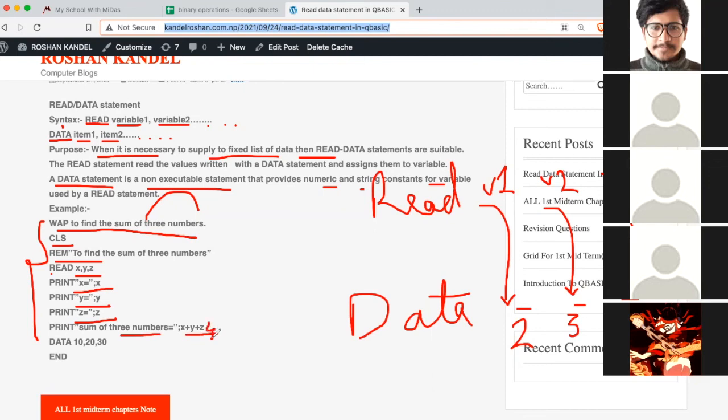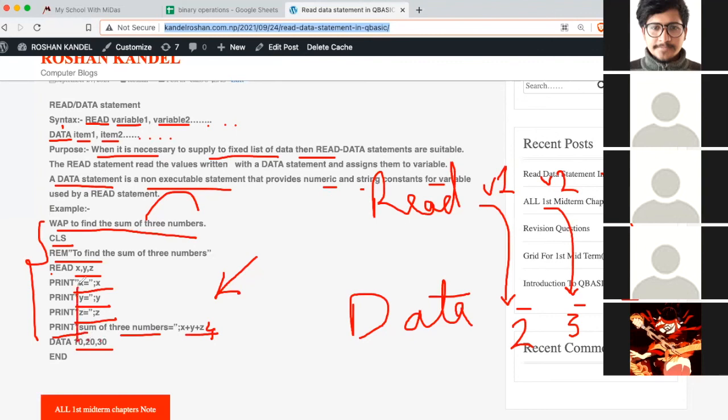We can also use sum equals X plus Y plus Z and write sum here, or this one is also fine, we can do X plus Y plus Z. Now until this point, do you see any input or any data? No, right? But how does our program get the values? It gets the values from the list of data kept in the DATA statement, that is 10, 20, 30.